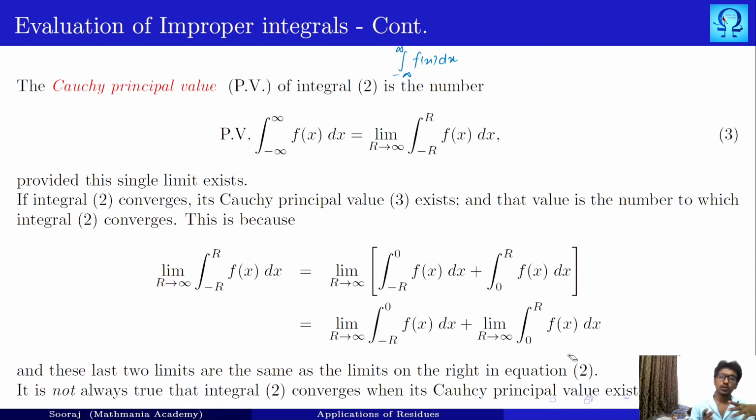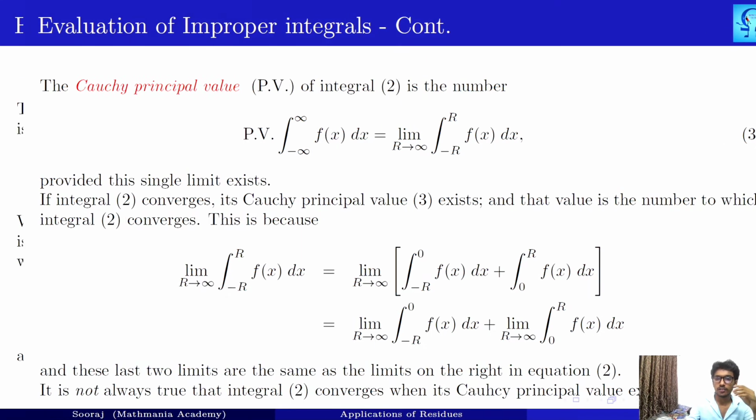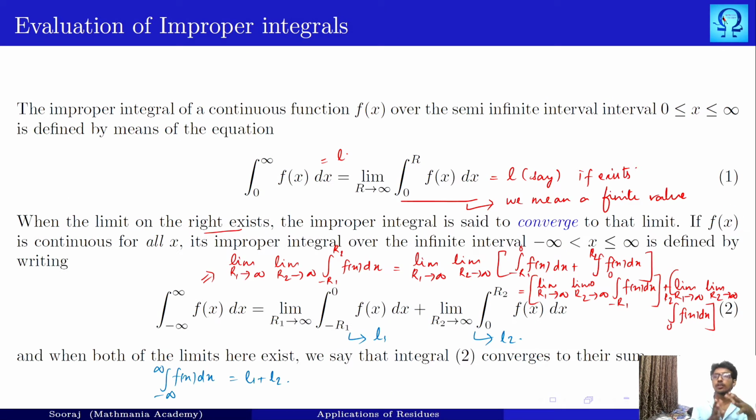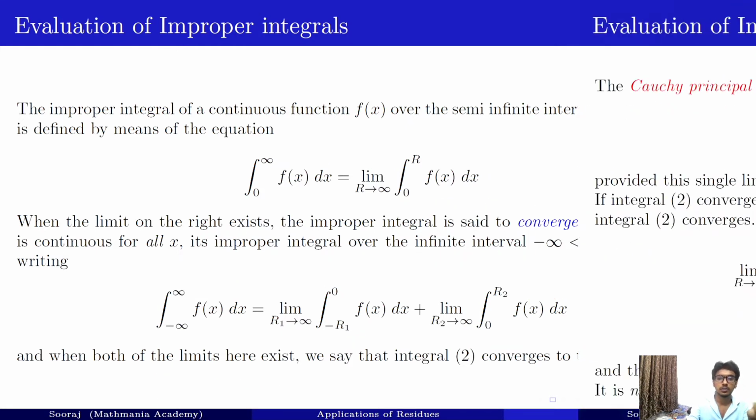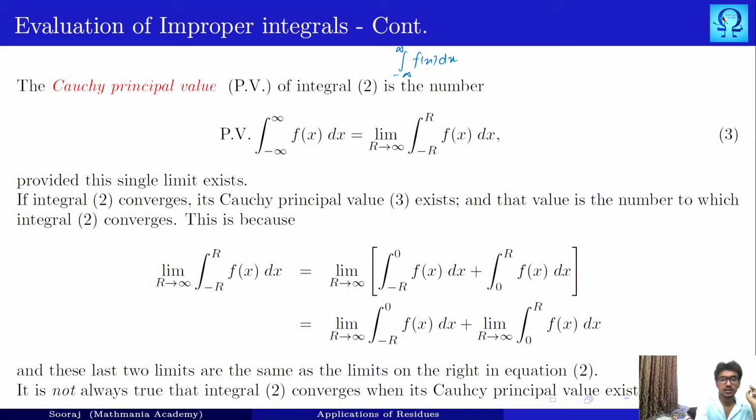So now we have the Cauchy principal value and the improper Riemann integral. Suppose both exist. Here if your equation 2 assures the convergence of the improper Riemann integral, then the Cauchy principal value is the same as the integral value, right? It is just because you can write this into this form, just like we have split minus r1 to r2 into minus r1 to 0 and 0 to r2. Here you have minus r to 0 and 0 to r.